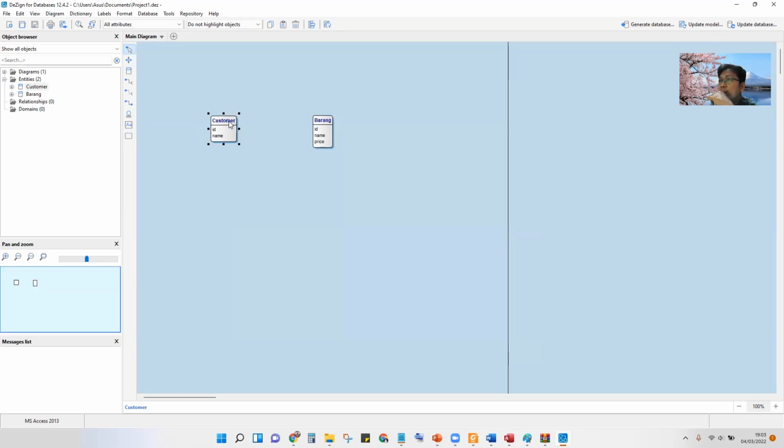We do not need to create the name of the relation, but usually one customer can create many to many. This is the identifying relationship, non-identifying relationship.